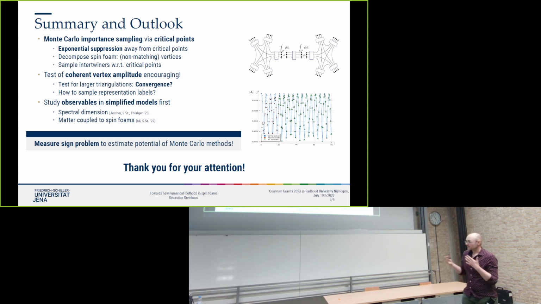However, of course, one has to test this now for larger triangulations, where in particular the question of convergence arises, and I haven't addressed the spin labels themselves. So that is something that would have to come first. But I would say that before one tries to go to the full models, it's better to first start with simplified models and try to make them work, because already there you quickly run into issues, in particular for the spectral dimension work that I did with my student Alexander and Johannes Thüringen, who was talking at the same time in the other session. We quickly ran into these issues just from summing over a few variables. So we are in desperate need of better methods, but we are getting there.